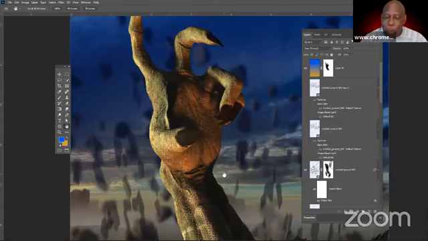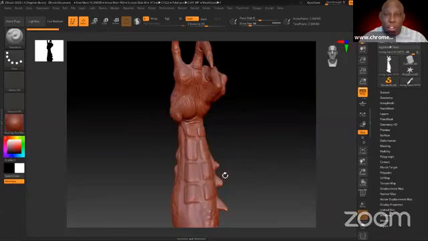I'm gonna show you how I started this, and I'm gonna go into ZBrush to do so. There's our hand. Now we imported this in from ZBrush. For those of you who don't know what ZBrush is, I want to assume that everybody knows, but I know everybody doesn't. ZBrush is